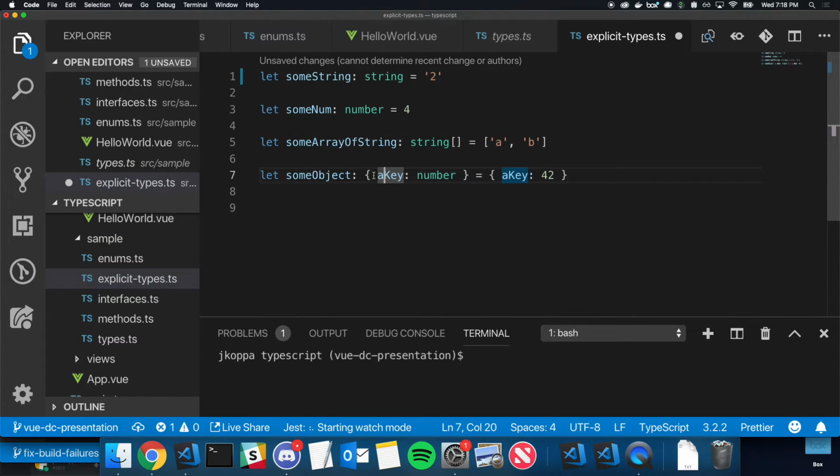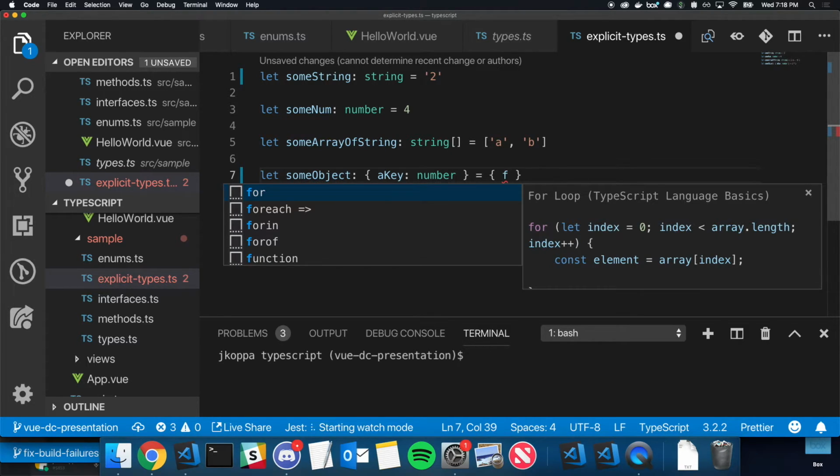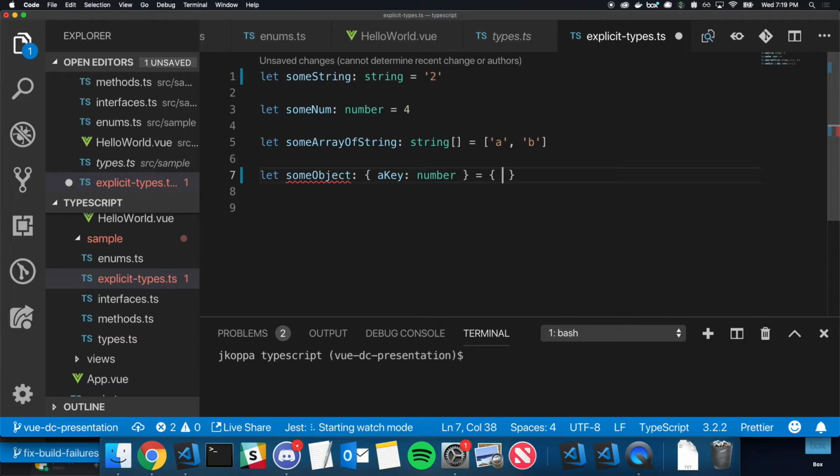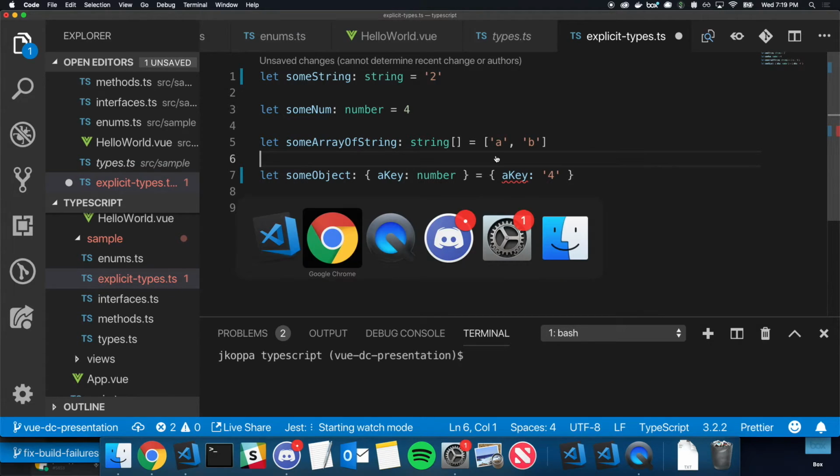Finally, when I say this has to be an object, the really great thing here is we see the very beginning of TypeScript's autocomplete. So I'm going to start typing. If I type something that doesn't match, then VS Code is just going to start guessing, like, could you possibly mean these things? But if I type something that I've said needs to be on the object, I'm going to get autocomplete, and it's also going to tell me that's allowed, that's not allowed. So just really great, really straightforward, and excellent error messages.